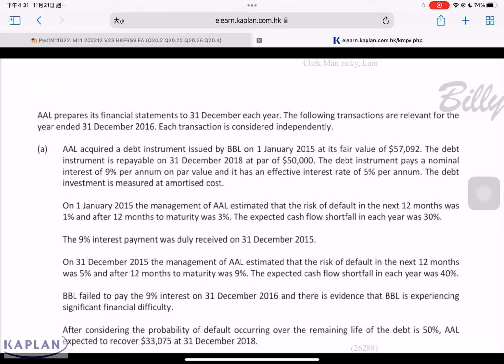There will be substantial calculations for these questions. After understanding the calculations, for examination purposes, you must be able to translate your understanding into discussions and advise how this affects the financial performance and financial position of the entity. For examination purposes, discussion is more important, but before you can discuss, you must understand the requirements by going through